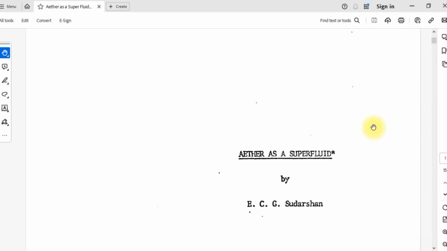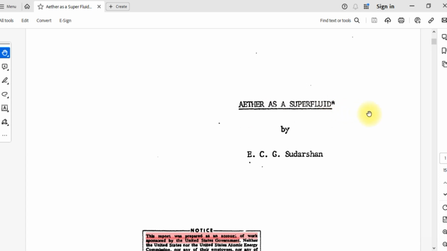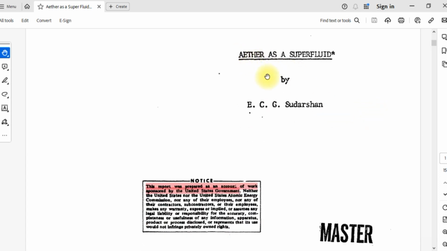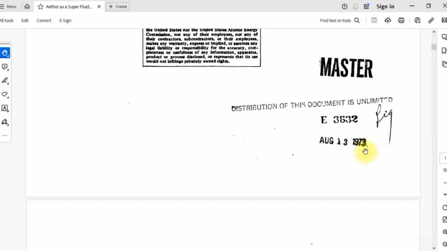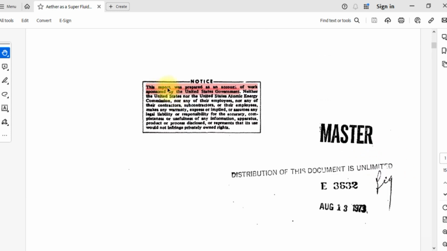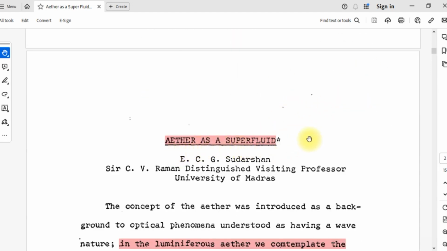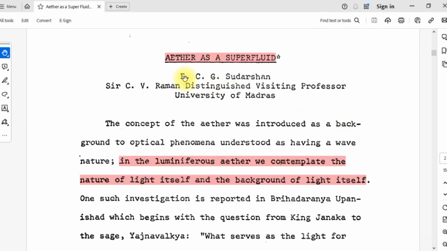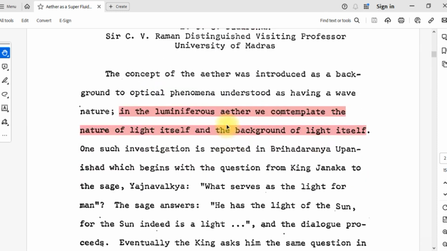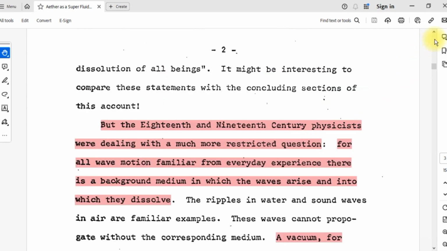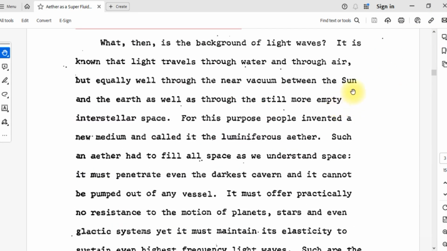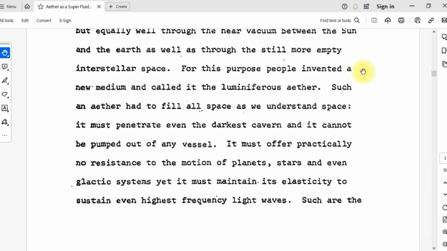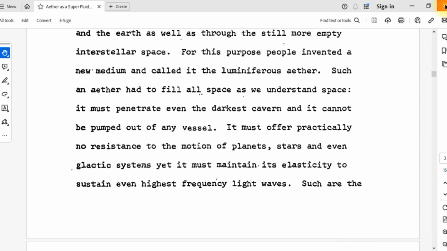I have two more documents. This one, Aether as a superfluid, the Aether right here. And this document is dated 1973. This report was prepared as an account of work sponsored by the United States government. Aether as a superfluid. So here, this study was made by this Indian guy, and he talks about the Aether. If this firmament and the Aether, flat Earth, in official hidden documents that we didn't have any access to until the